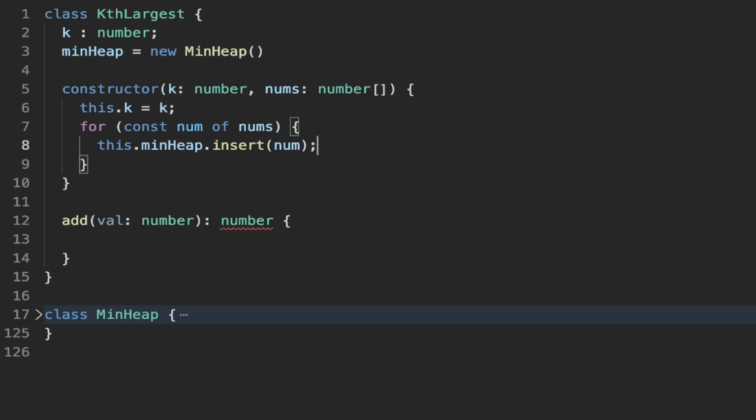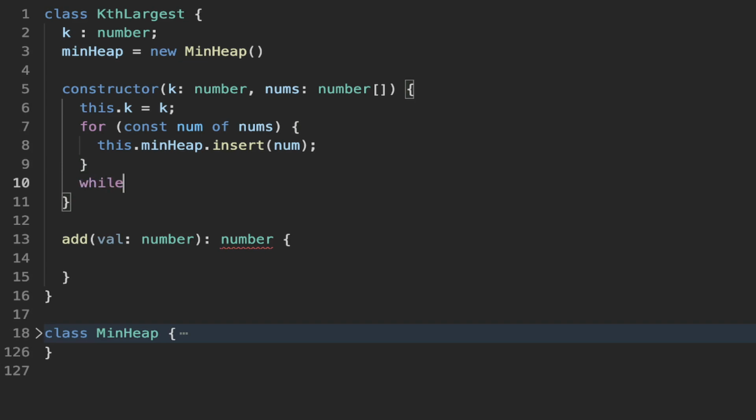So one thing to note though is we don't need extra numbers, right? So what we can say is while this dot min heap dot length,